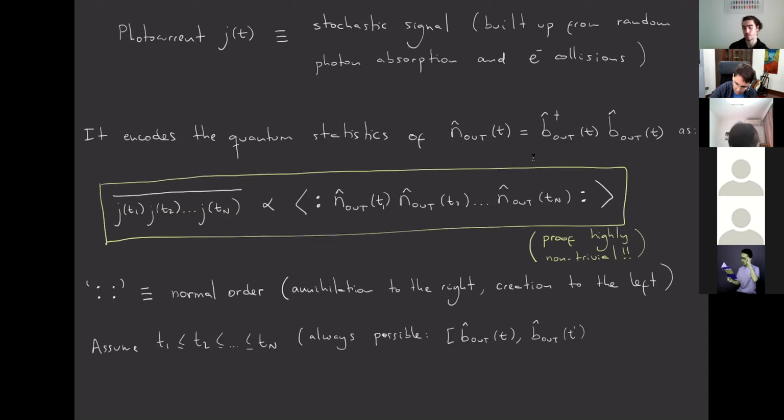So T prime different than T, this commutes. And this works as well if you put here the dagger, so it doesn't matter. Then, for example, if I give you an expression like this, I tell you what is the normal order of the multiplication of two output operators, two output number operators,